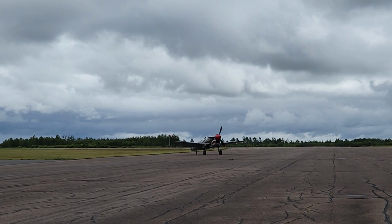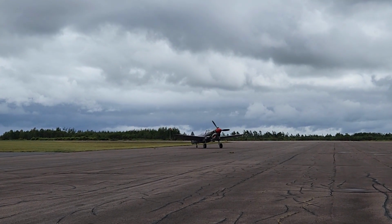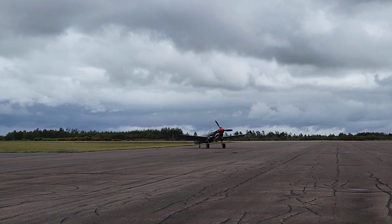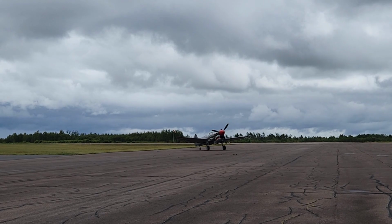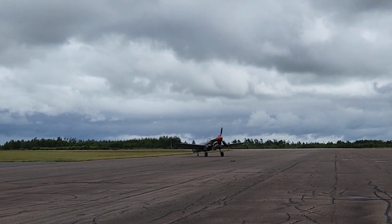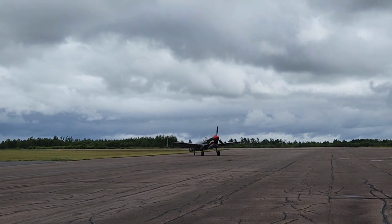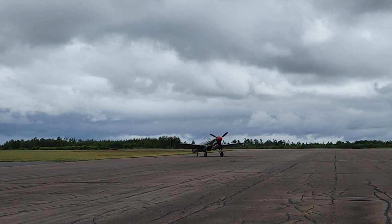A big round of applause for our 146 Griffin helicopter, doing two demos back to back. One for everyone here at Runway 2 at CIC in the general section area, and then repeating that demonstration for all the fine folks that have joined us here in the drive-in. As we recover the